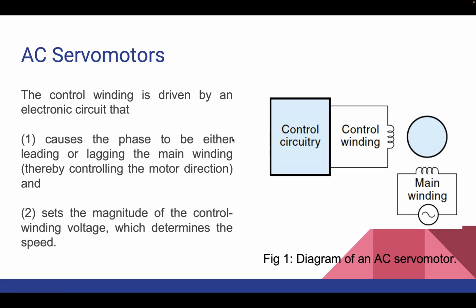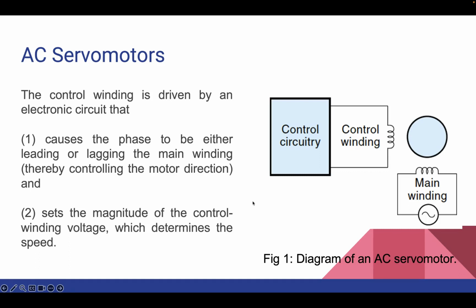Now here is the AC servo motor. This servo motor has a control winding and a main winding. The main winding is connected to an AC source, usually 120 volts AC, and the control winding is driven by an electronic circuit. It causes the phase to be either leading or lagging the main winding, and thereby controls the motor direction. It also sets the magnitude of the control winding voltage, which determines the speed. And typically the maximum control winding voltage is about 35